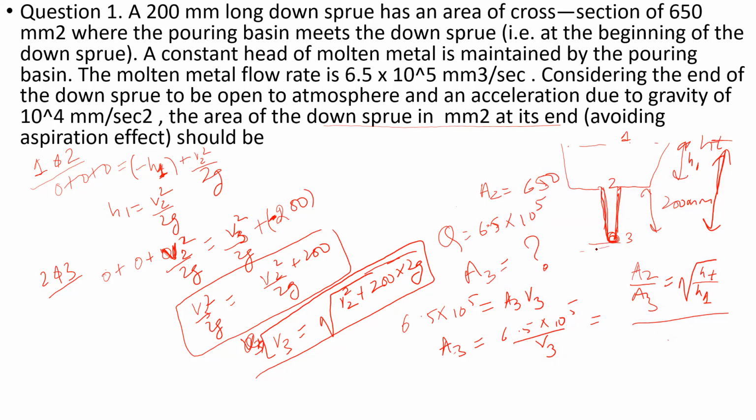what I'm saying is, if I take my reference point as point 3, then for point 2 the height will be positive 200, right? And at point 3, the height will be 0. But we have to change the reference point for each,